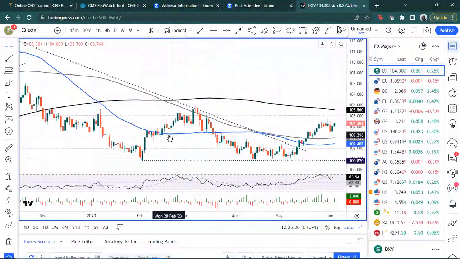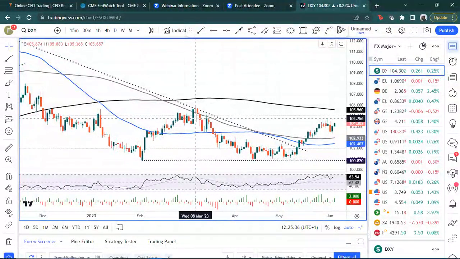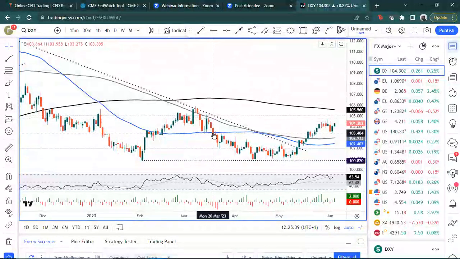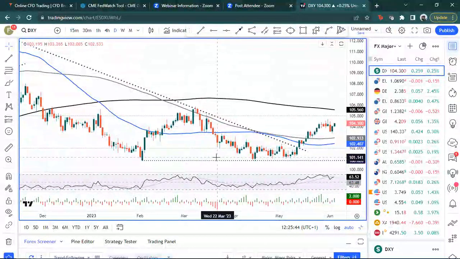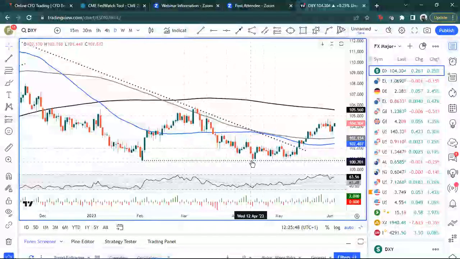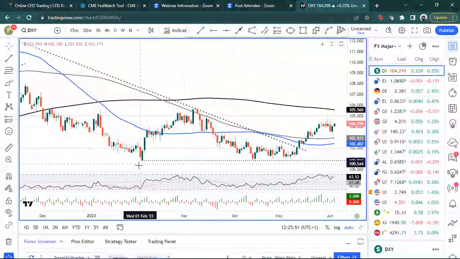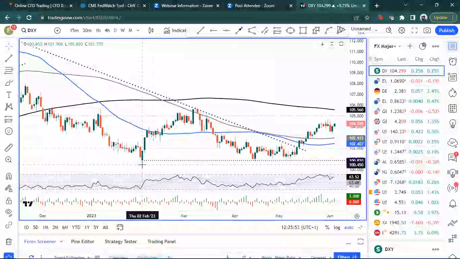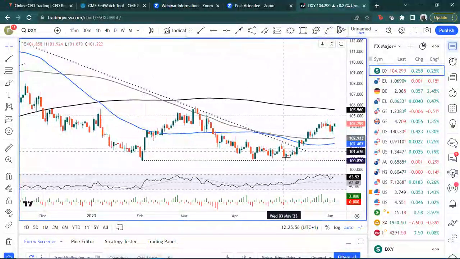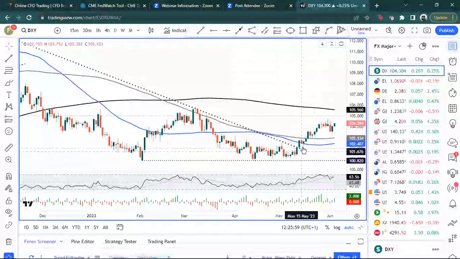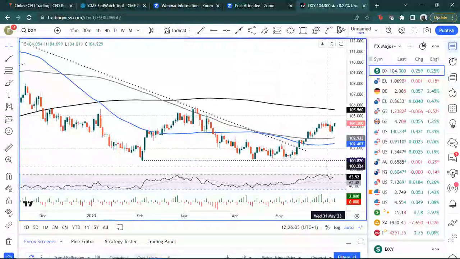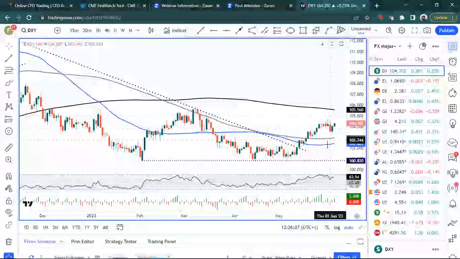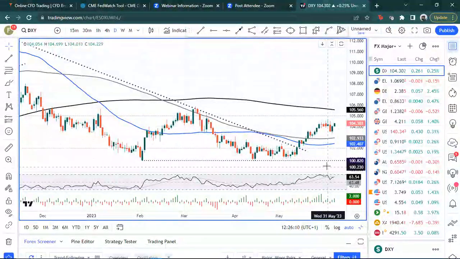Just looking at the dollar then. This is the DXY chart, so it tracks against 6 of its biggest trading partners. The euro is by far the biggest weighting in this DXY index, around 56, 57% I think. You can see base building around par 82. We've got that dotted line from back in February, the low there, tapped a couple of times, looked as though we could be rolling over, and then we built this base and pushed above the 50-day and 100-day moving average. Now potentially having paused slightly around 104, potentially moving above that now.